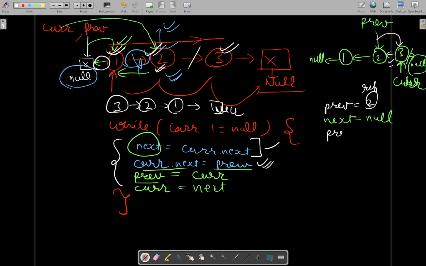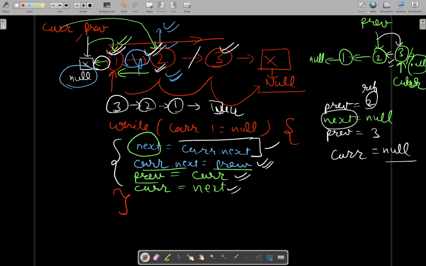So now previous will be on 3 after this line is executed, and after the last line is executed, your current will be pointing to next, which is null, by the way. So this loop will terminate as soon as your current reaches null. This condition will stop being true,